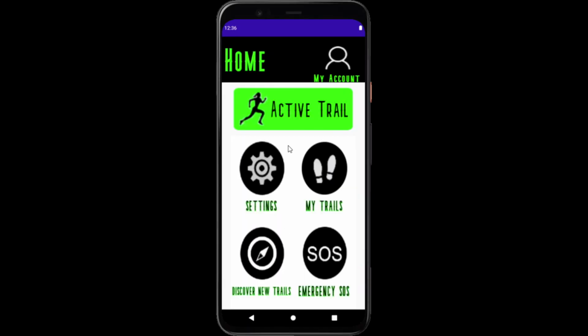With this, we have come to the end of our live demonstration of our mobile application TrailX for